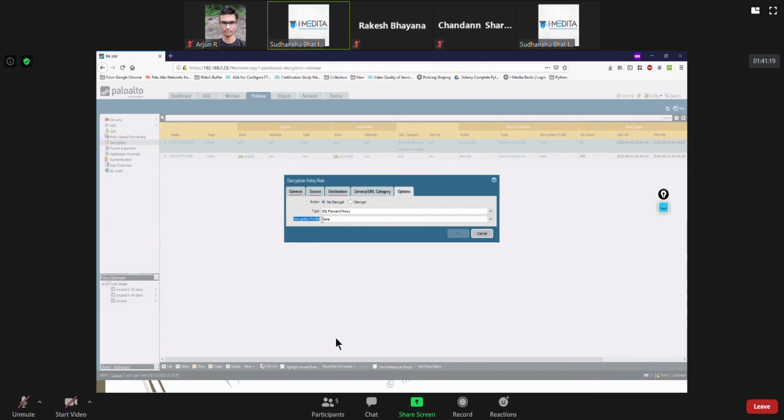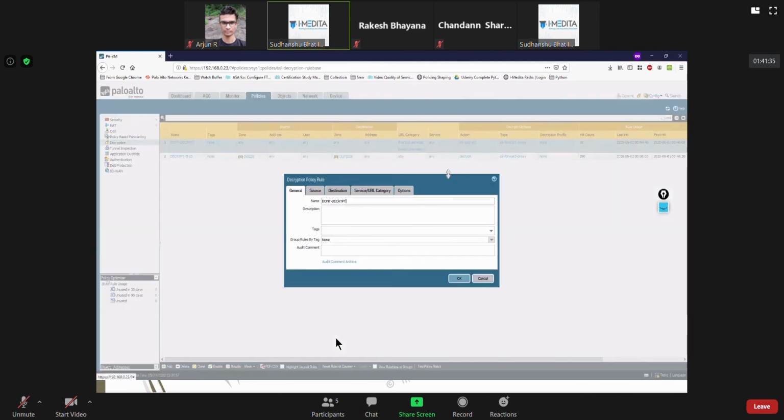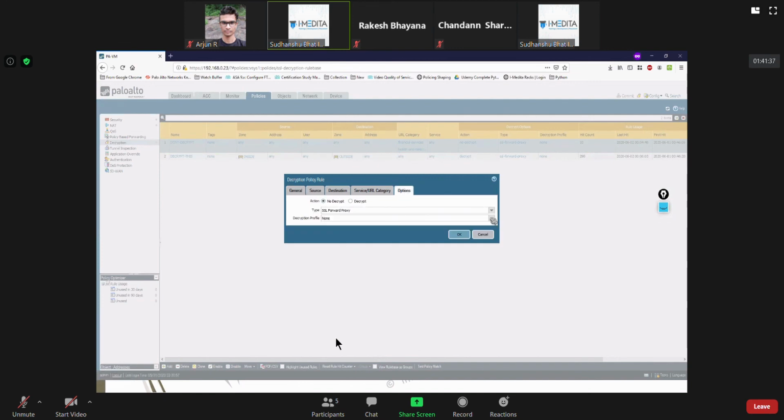You can still apply things using a decryption profile even when you are not decrypting content for certain people. Like this rule, we could still enable a decryption profile.